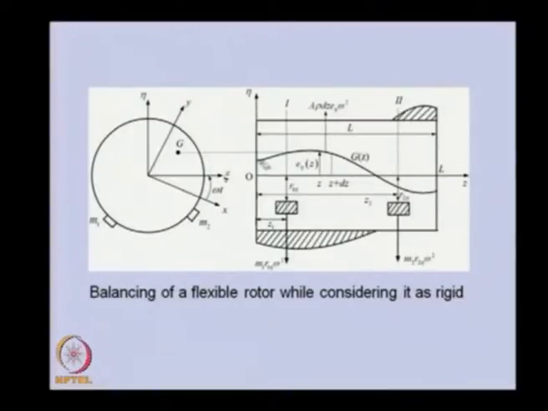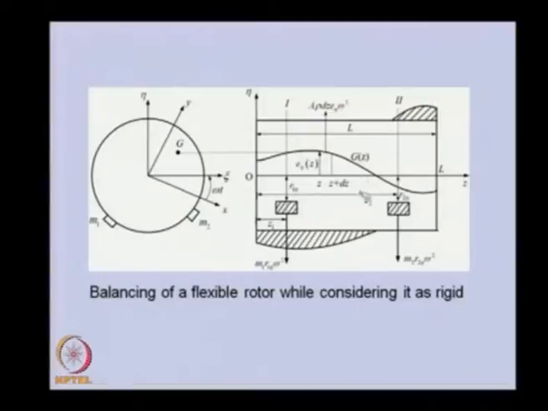So if we want to balance this particular eccentric rotor, which is a rigid rotor, with the help of two masses which we are keeping in plane 1 and plane 2, their positions may be on the rotor, and the orientation may be different, which is not visible here. Not only are they in different planes, but they also have different orientations. So these are the correction masses to balance this particular eccentricity of the rotor, or unbalance of the rotor.